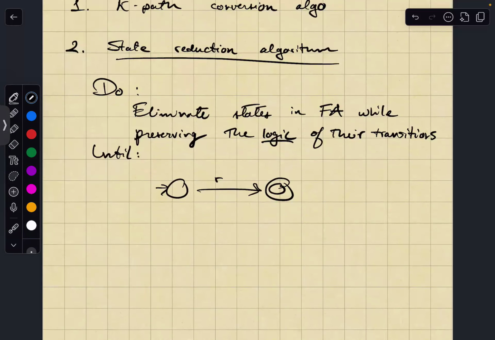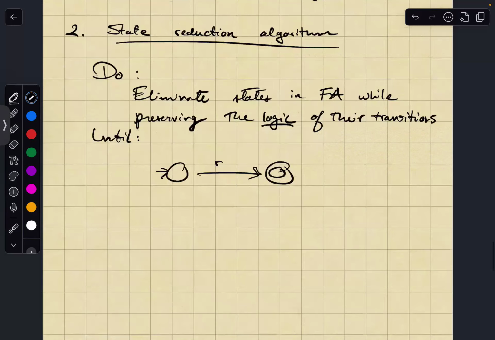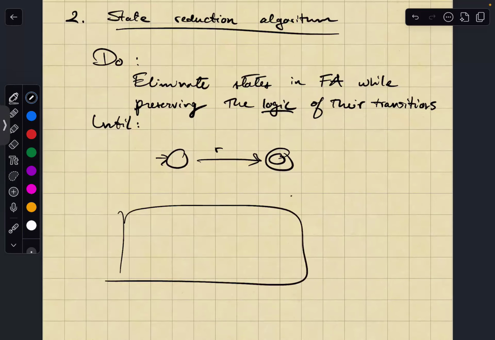Essentially, what the state reduction algorithm does is that it takes any FA and starts ripping out states from the FA. But to rip out a state from your FA, you have to preserve the logic that the state allowed in terms of transitions. So what I mean by that is, if you have some FA and you have Q2, an intermediate state that you want to rip out, and you have the states Q1 and Q3,